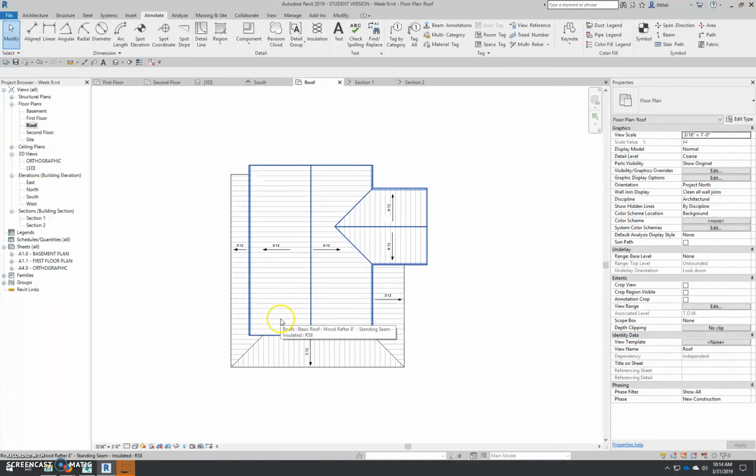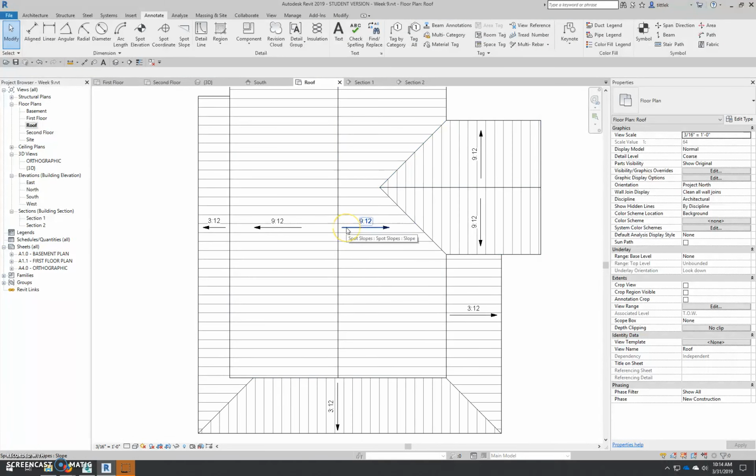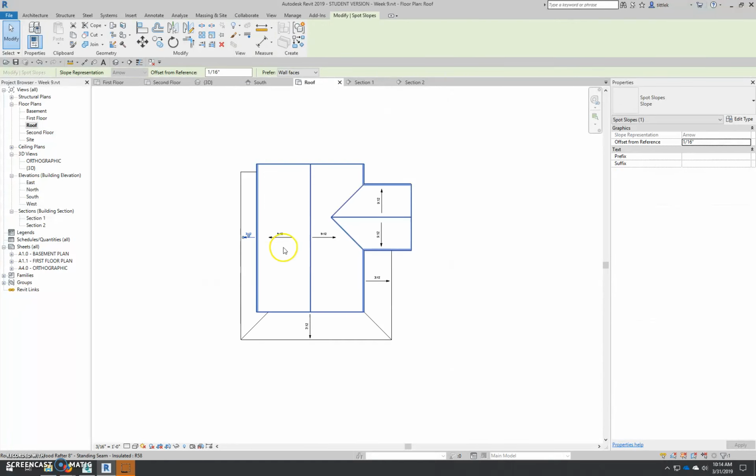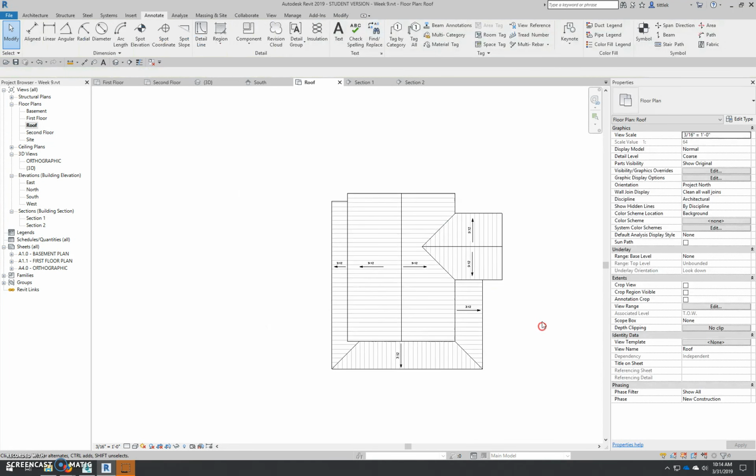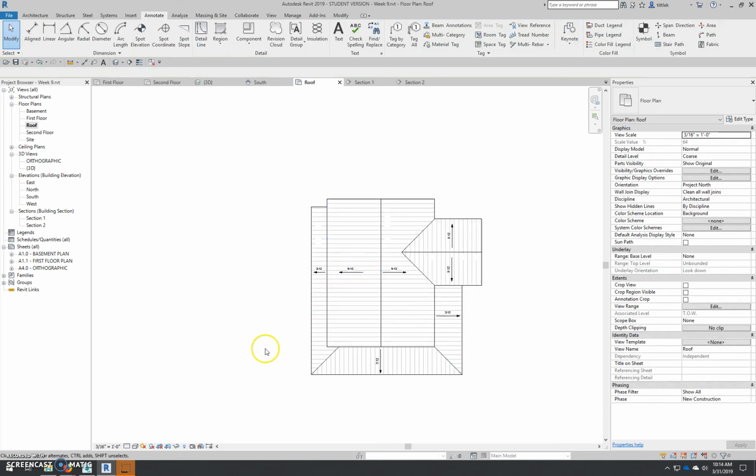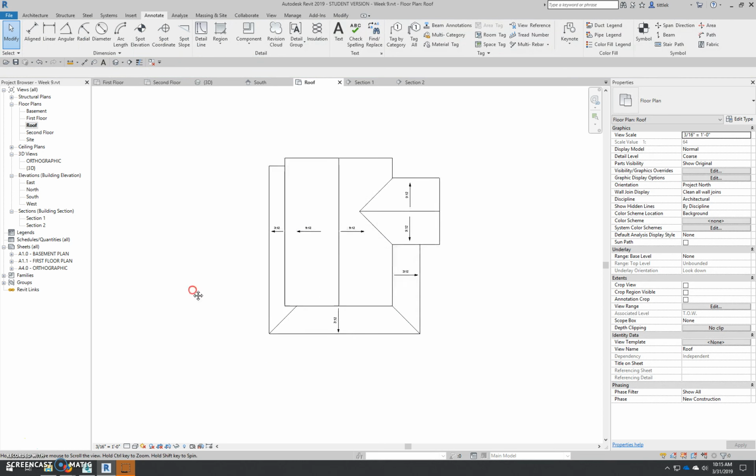And there we go. You can also change the overall length of these in the type, but I'm fine with the length of these out here. It's just that one, so you can do them on a case-by-case basis. And there's our roof plan. Our roof plan is essentially finished. I can go ahead to